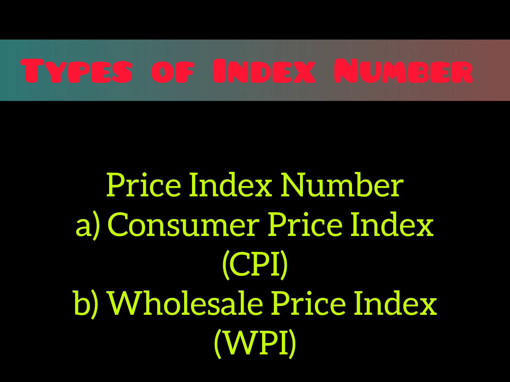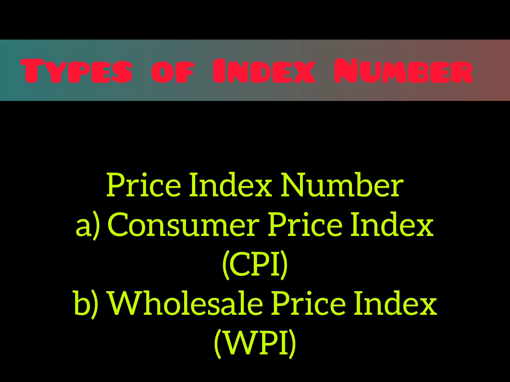So what do you mean by a price index number? Do you have any idea, learner? When a comparison is made between price only at a certain period of time with that of another period, these are called basically price index numbers. So basically the price index numbers measure the general changes in prices between the current year and the base year,